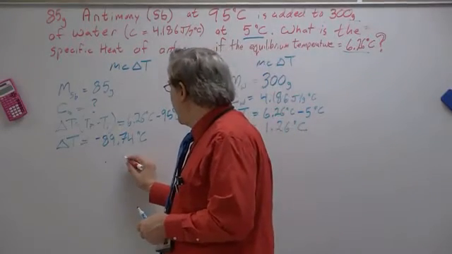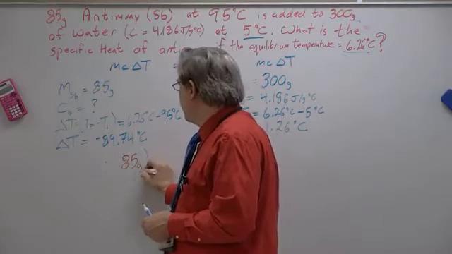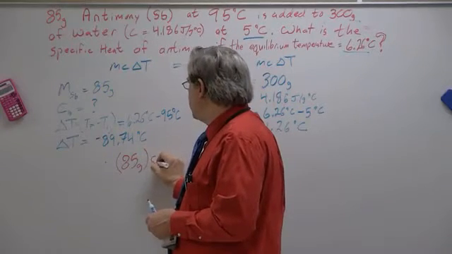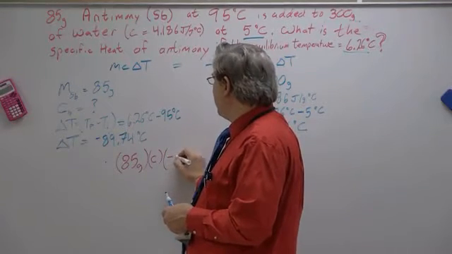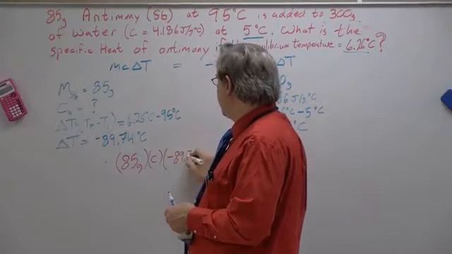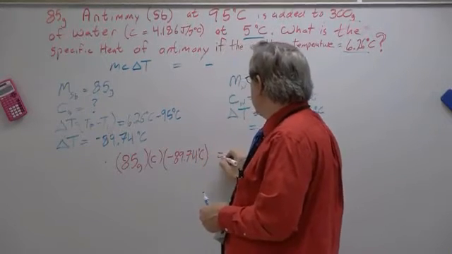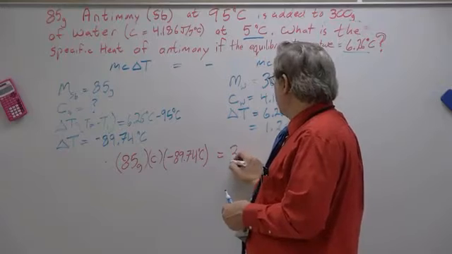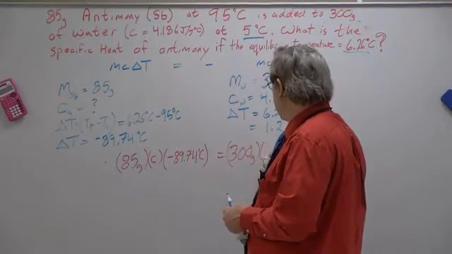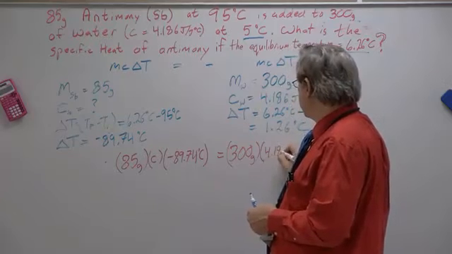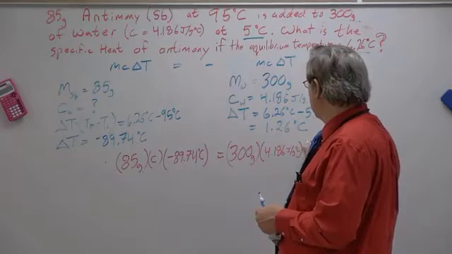So I have 85 grams of antimony times C, which I don't know, times a negative 89.74 degrees Celsius, and that's equal to 300 grams of water times 4.186 joules per gram degree Celsius times